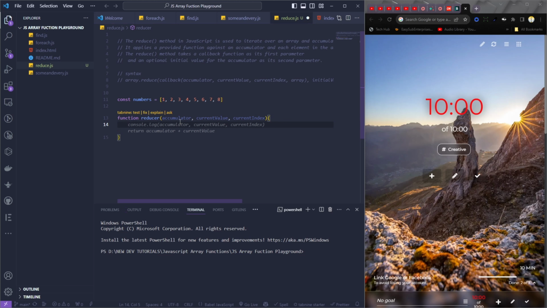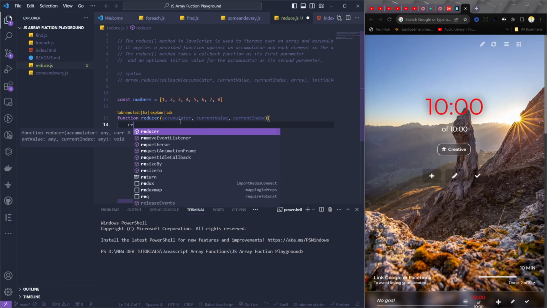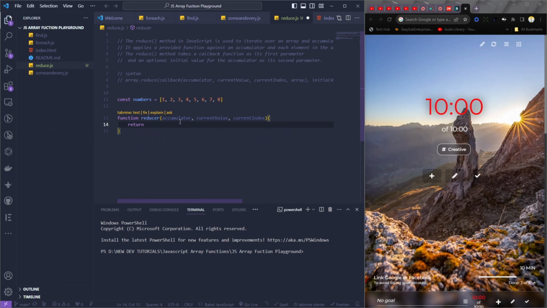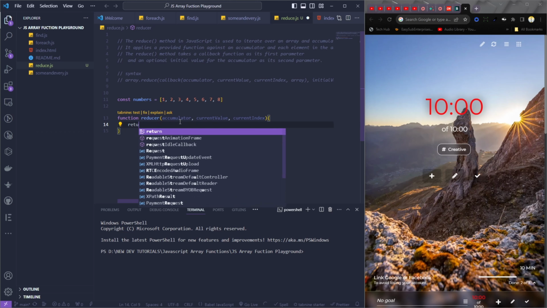So right here I can say return, and I can put an if check that if current is greater than max, return max, else, let's return